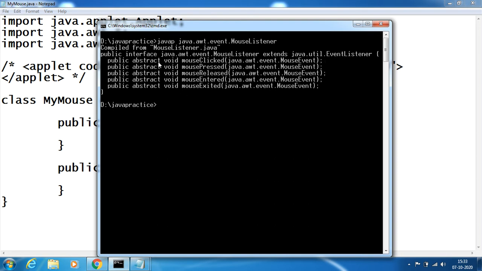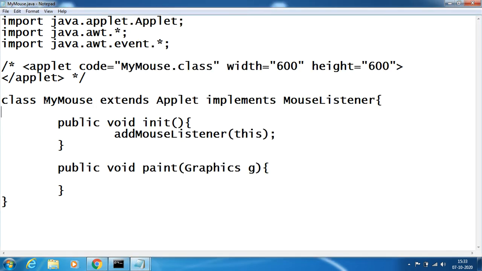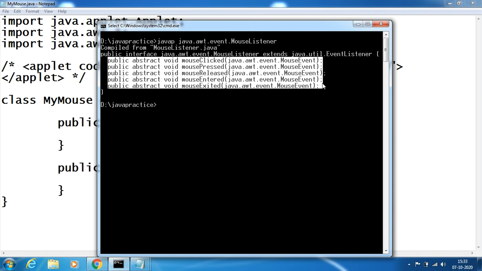See here, public abstract void, public abstract void. What is mouse listener? Mouse listener is an interface. Since mouse listener is an interface type, I need to implement it in the class. And what abstract methods I have to override? All these abstract methods: mouse clicked, pressed, released, entered, exited. Why we need to override? Because whenever a class implements an interface, the methods which are abstract in that interface are to be overridden.